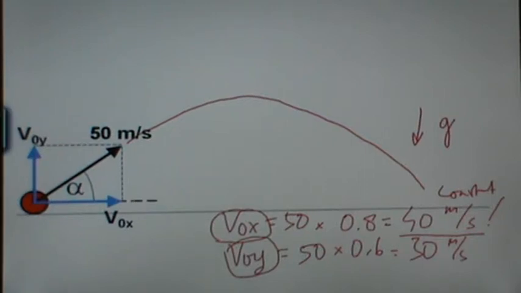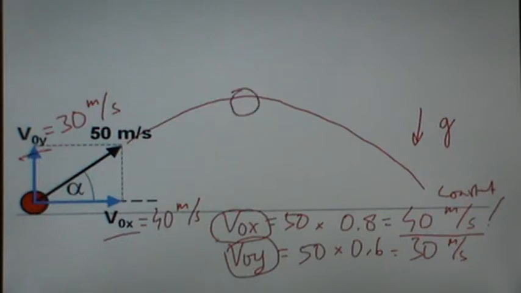So therefore, once you get the value of the initial velocity in x direction, it's 40 meters per second in this case, and the initial velocity in y direction, it's 30 meters per second, then you can just go using the same process. Therefore, you can find that the time needed to travel to this highest position will be 3 seconds, and also the highest distance here will be 30 times 3 divided by 2,